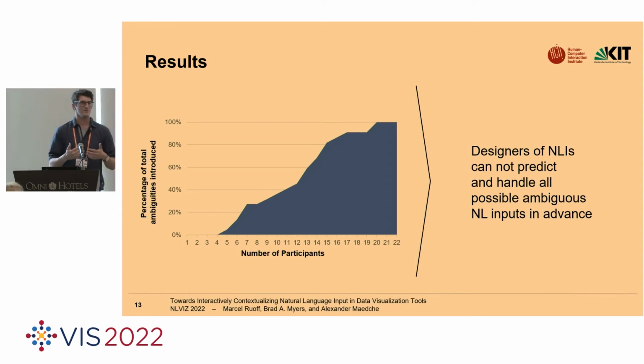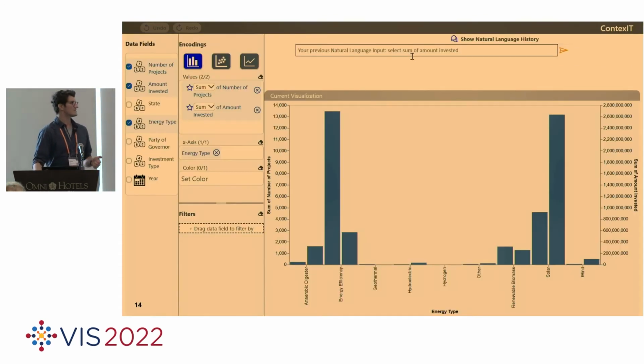Therefore, we propose to include the end users themselves to interactively contextualize these natural language inputs. We envision this in our context system, and I'm quickly demonstrating it for, again, our natural language input of